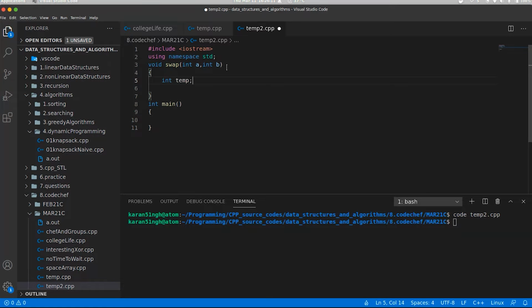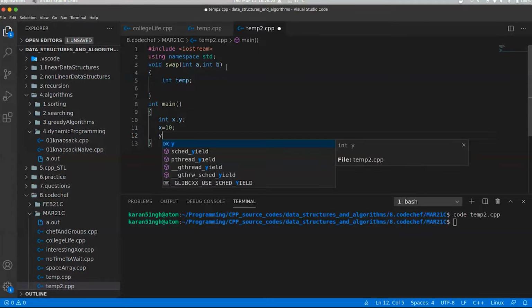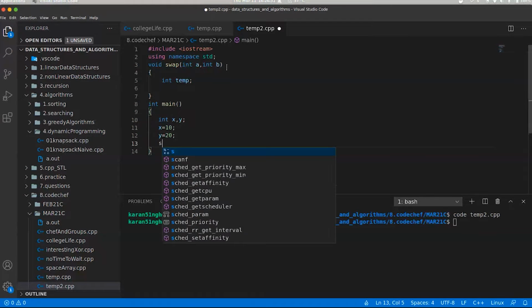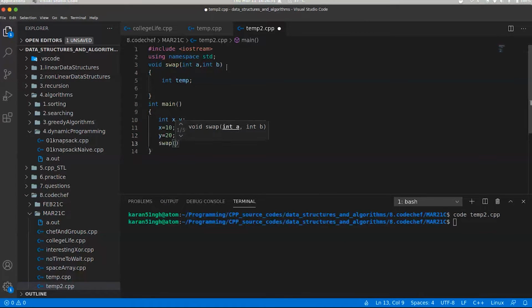So guys, what I'm going to do is make a function that will swap the values of our variables. Let me declare two variables, int x comma y, and assign x as 10 and y as 20, and we'll be calling the swap function to do this.